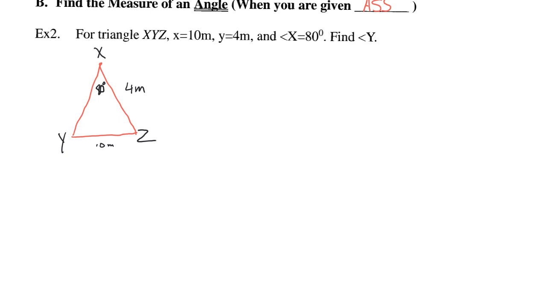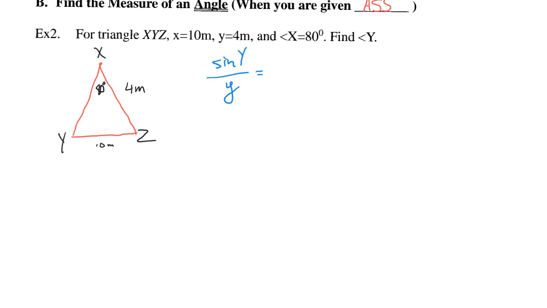In this case, we're looking for angle Y. So we need to have sine of Y on the top. Sine of big Y over little y is equal to, well,